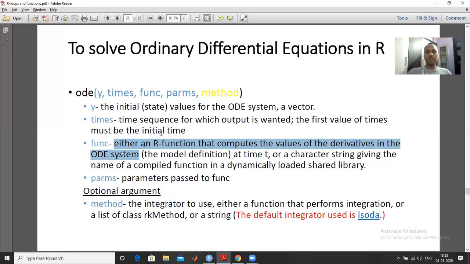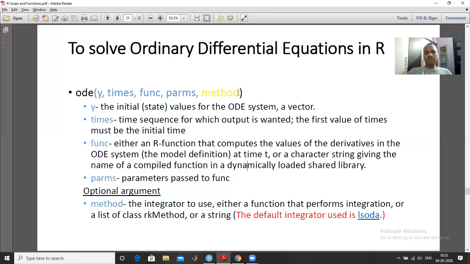And the next one is parms. These are the parameters which we have to pass in that function, because a system may have many parameters, so all those parameters will be assigned to this parms variable as a vector.